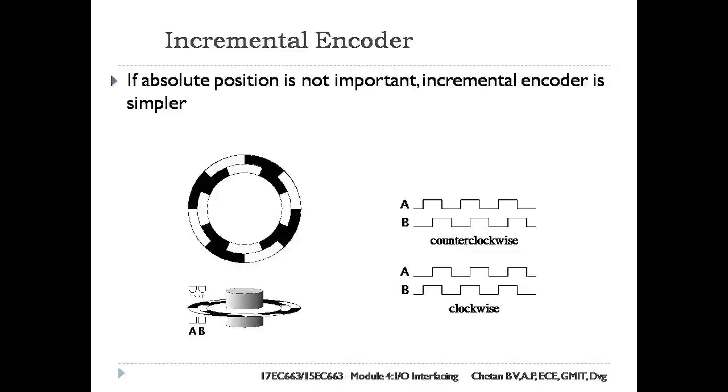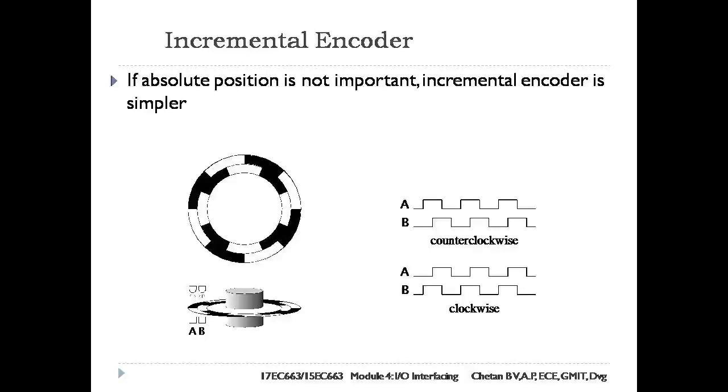An incremental encoder, a simple form of input device also known as a digital knob, is used to determine direction and speed of rotation. It is a good choice provided absolute positioning is not required. An incremental encoder can be used for a rotational position input or rotational speed input.